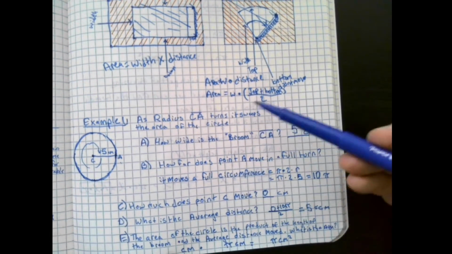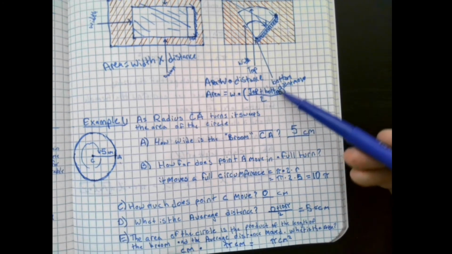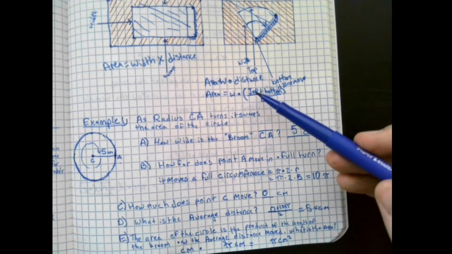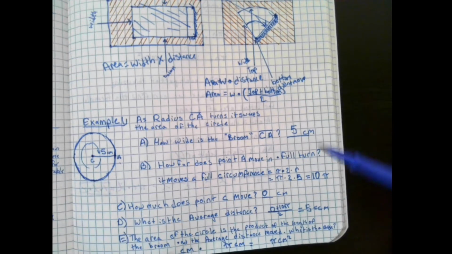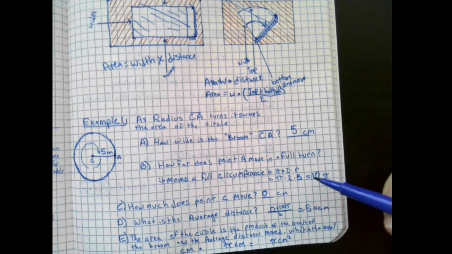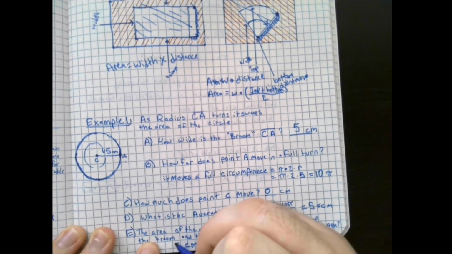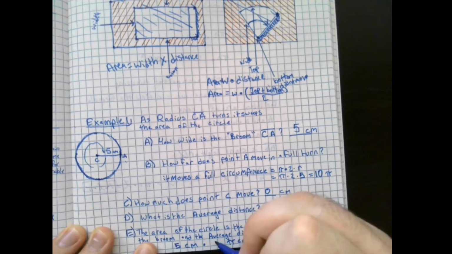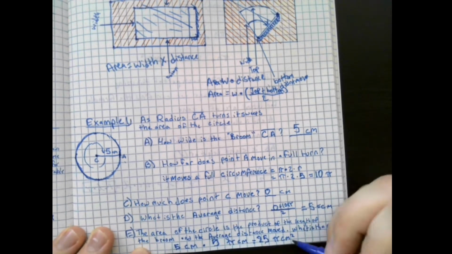Now, we found the average distance. The average distance was similar to this formula up here, right? Now we can take the width of the radius and multiply it by that average distance, 5 pi centimeters, and we can say that our width of 5 centimeters times the 5 pi centimeters will give us 25 pi centimeters